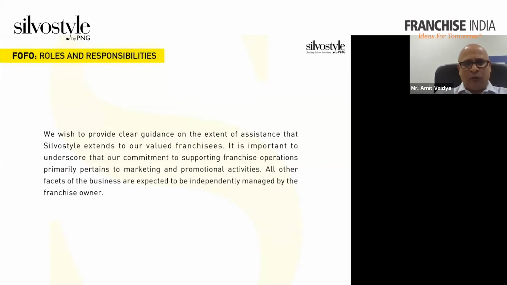is concerned. Of course, the FOFO model is totally different, where all the stocks would have to be put in by the franchisee. The assets and the interior have to be done by the franchisee, and day-to-day operations also would have to be run by the franchisee. But even in this, the company support is unwavering, and all the marketing and business development support will be done by the company, and the franchisee does not have to spend even a single rupee in terms of marketing of the store or of the product line.